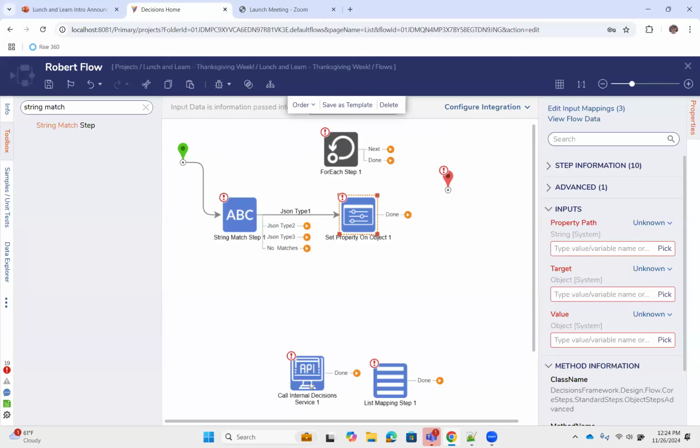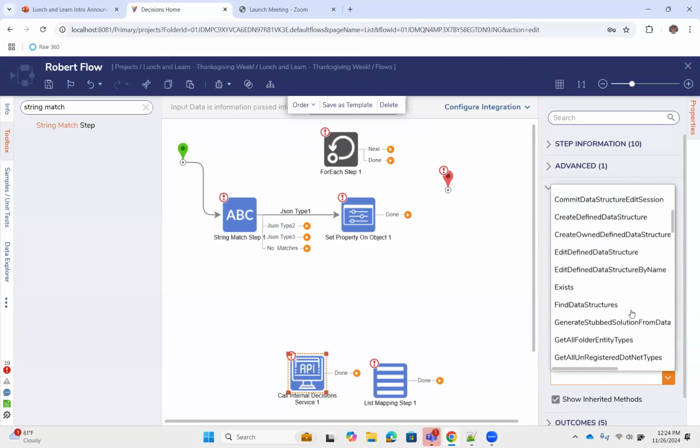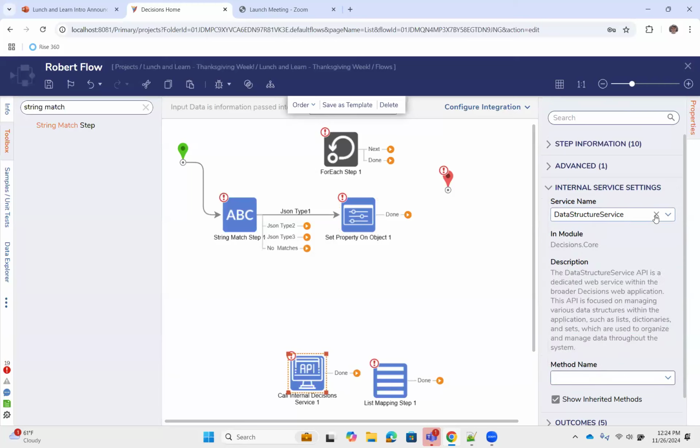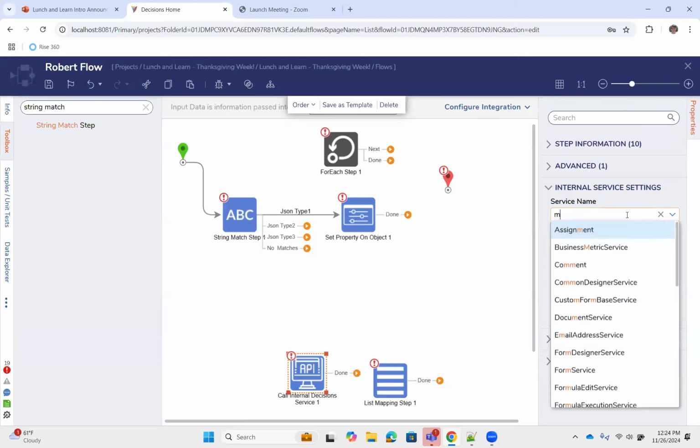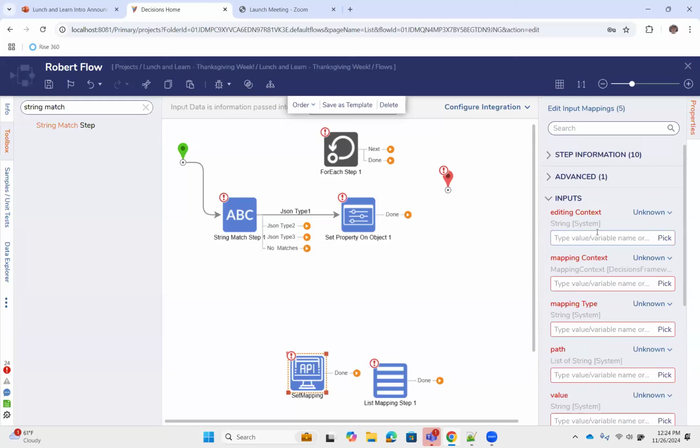I mean, you probably could if you use the call internal service steps, and there's probably a mapping service, not a data structure, but like let's say you look for a mapping service, Gregory. Will do. Here we go, mapping data service. And you could probably set a mapping, and you'd probably have to add in a lot of different mapping contexts